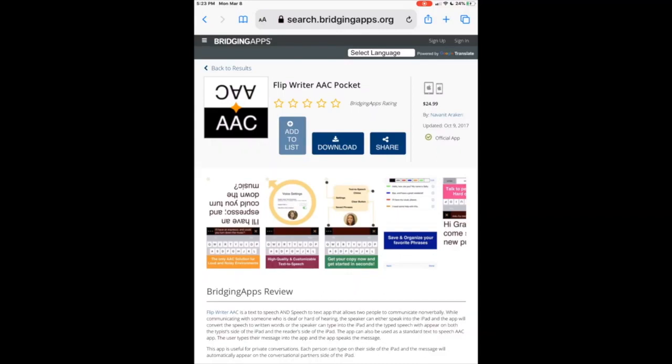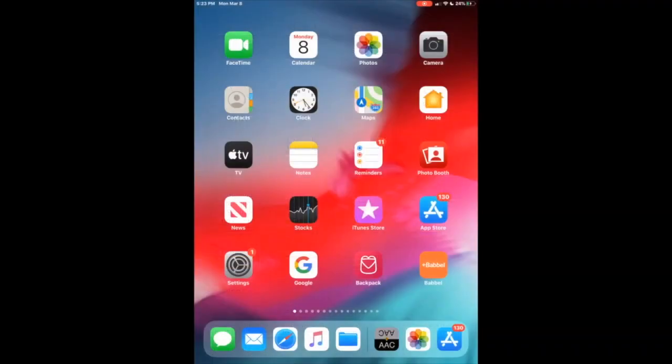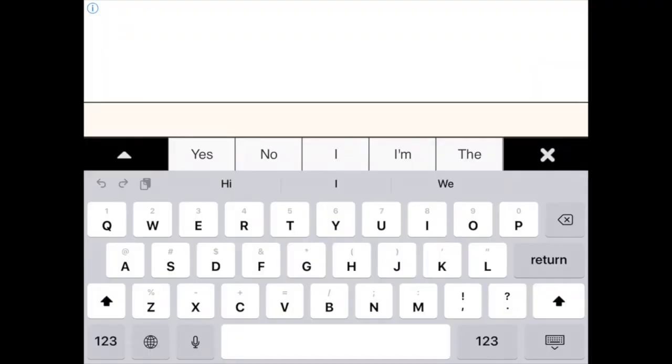So I'm going to show you a little bit about how it works by closing this out and opening up the app. It's very simple in design. You just see my keyboard. It's just a standard keyboard on screen. In the middle, you see commonly used words, yes, no, I'm. You're going to see a cursor on the left-hand side, and that's basically where you type something in using what's